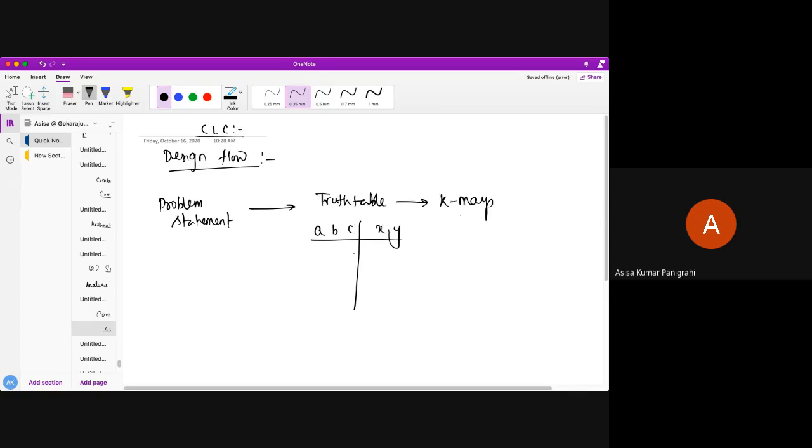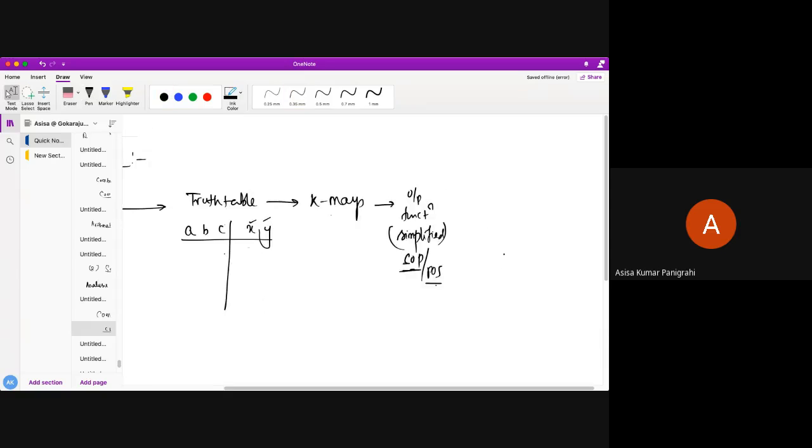and X and Y are the outputs. So you have to derive the K-map for X and Y, and next, you have to solve or simplify this X and Y to get the output function. So you have to find out the output function which is in simplified form, because you have done the K-map, so it gets simplified. Okay, it may be SOP, it may be POS. If you are taking zeros, then it will form POS or max terms. If you are taking ones or min terms, you will get the simplified SOP function. Okay, after the output function, what you need to do, you need to have the logic circuit implementation.